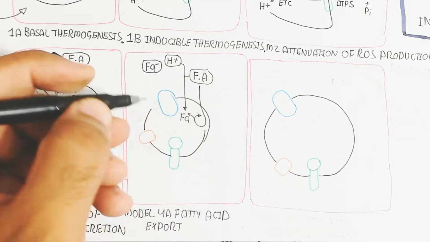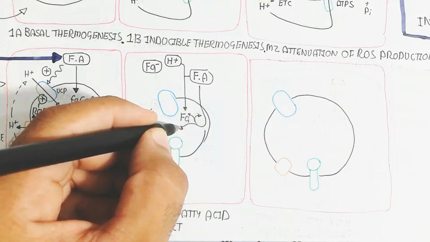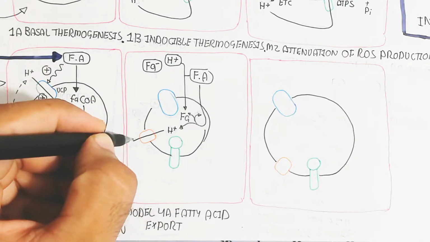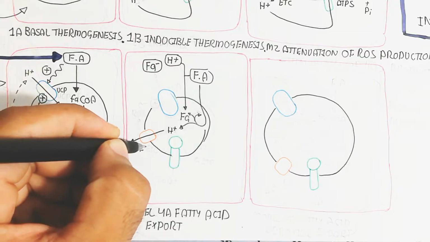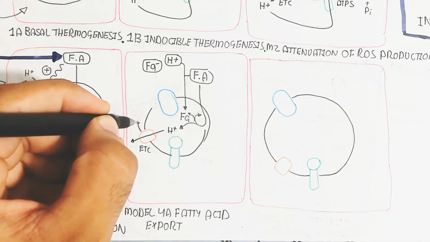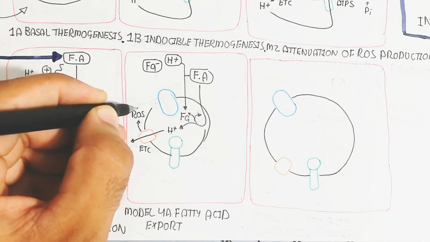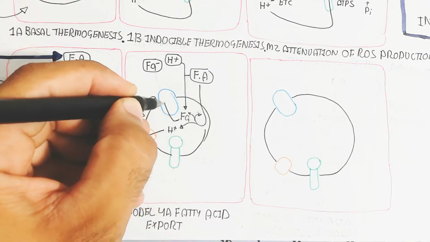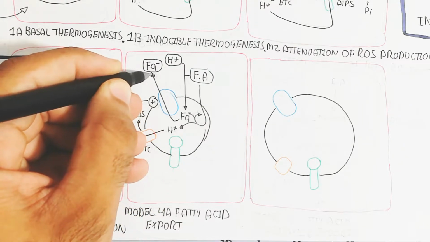On the other hand, the electron transport chain pumps out the protons and transmits the electrons, while the pumped out protons are used for the synthesis of ATP, or reactive oxygen species trigger the UCP and lead to outflux of the free